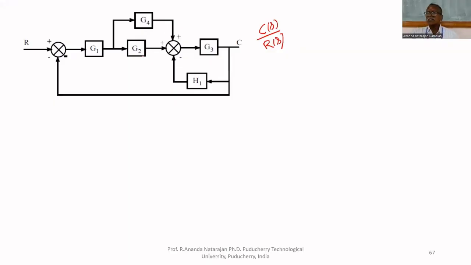So what is the first step? We have to look at the innermost part. This is the innermost part. In the innermost part, we cannot multiply these two blocks. Why? Because a takeoff point is there. That's why we cannot multiply these two. So we have to move this takeoff point from here to here,